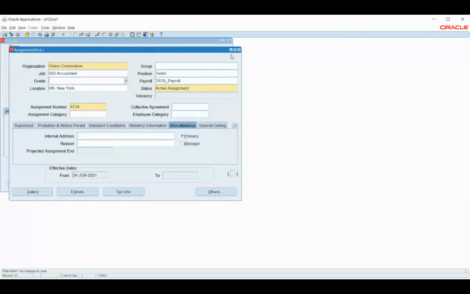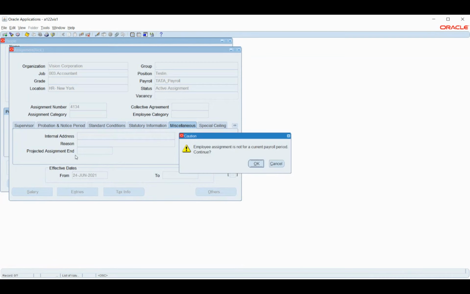Okay, so we have attached these inputs. After this, we will check the entries that have been populated for this particular employee.